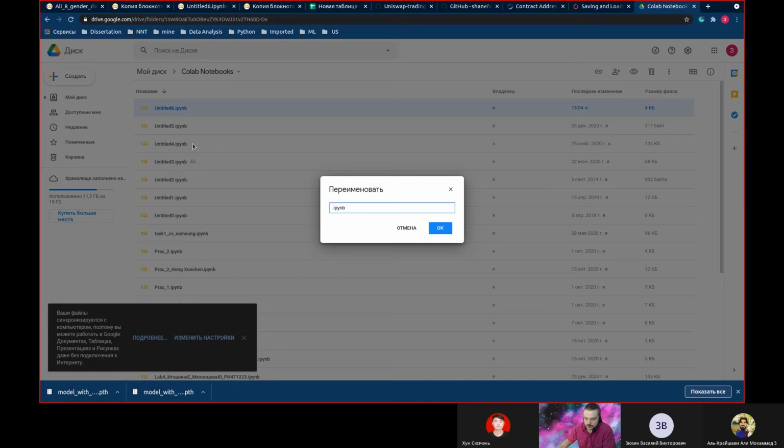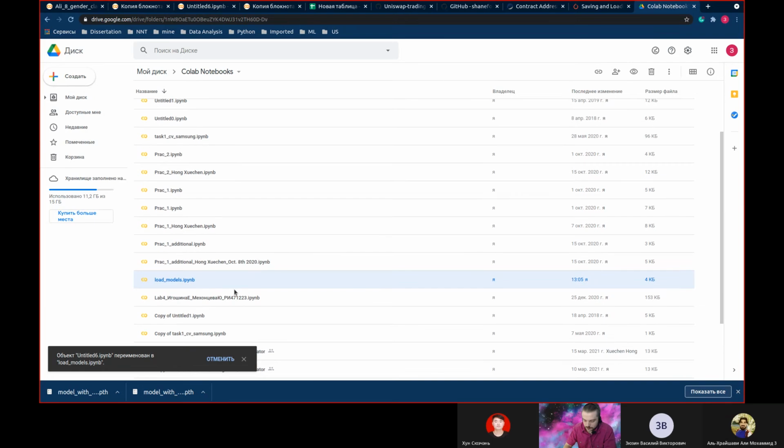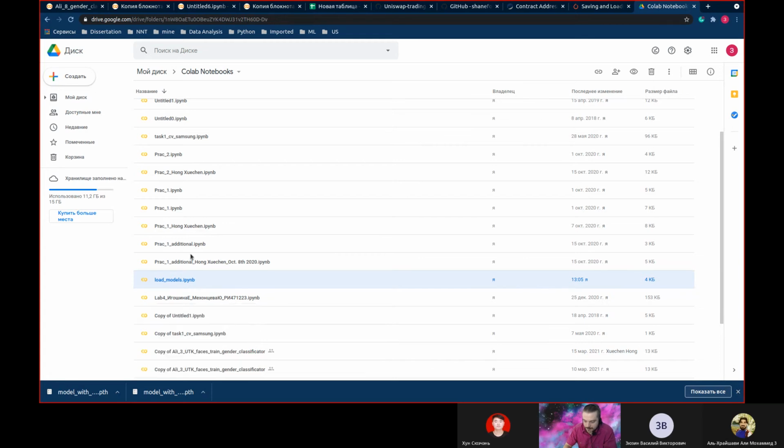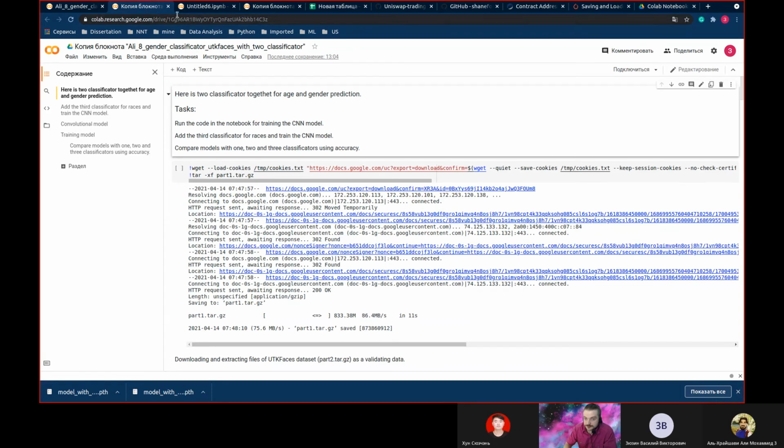Load model. Okay, and load model. And copy.